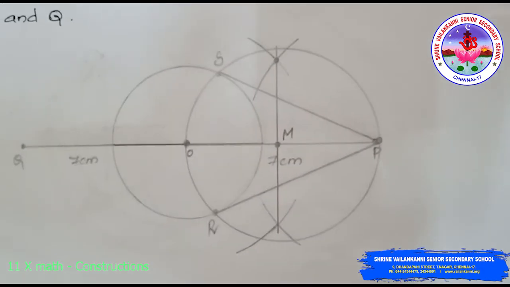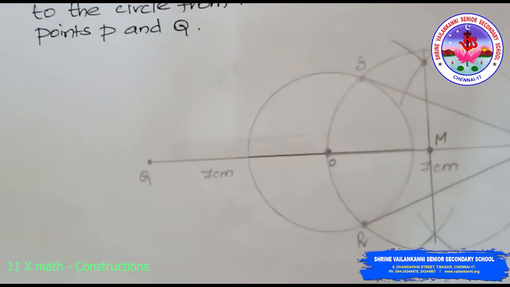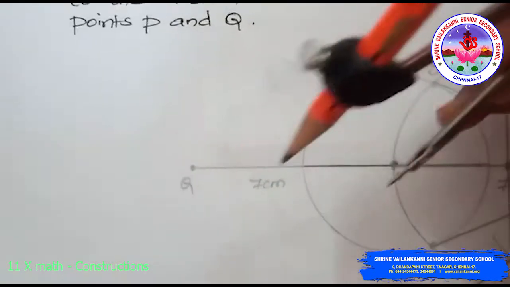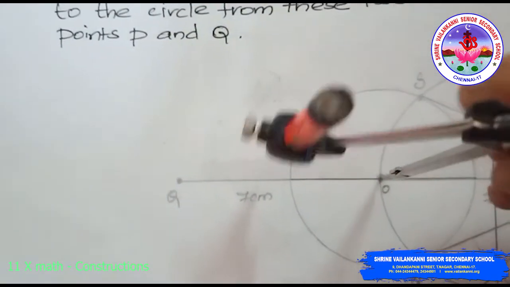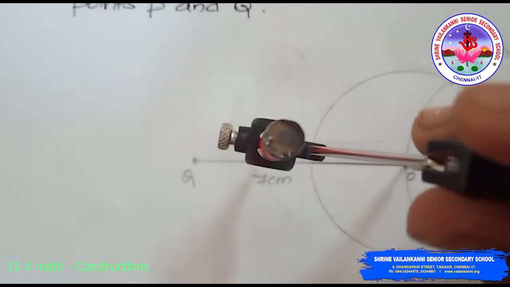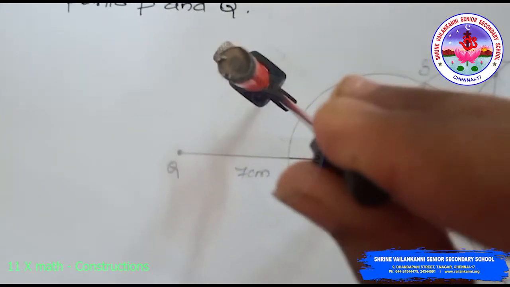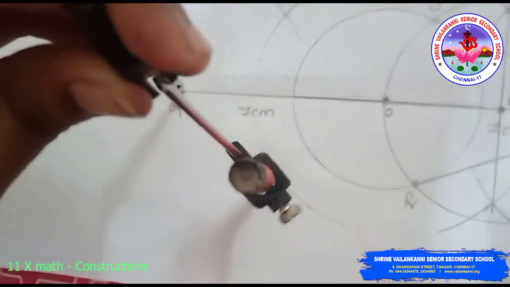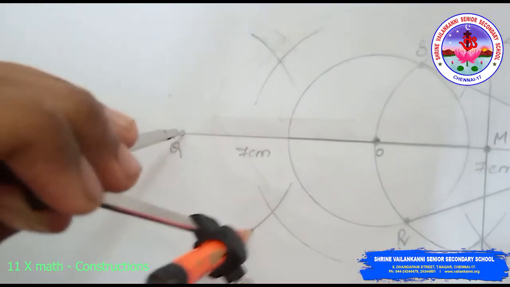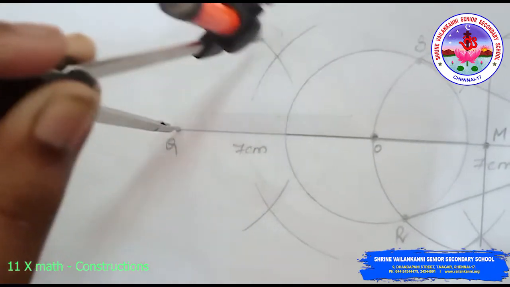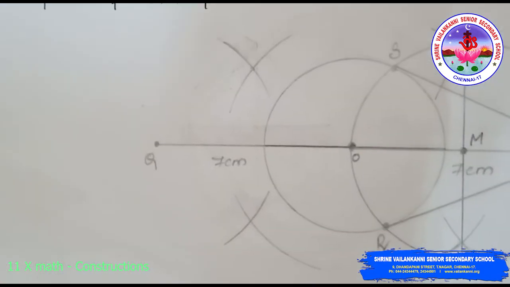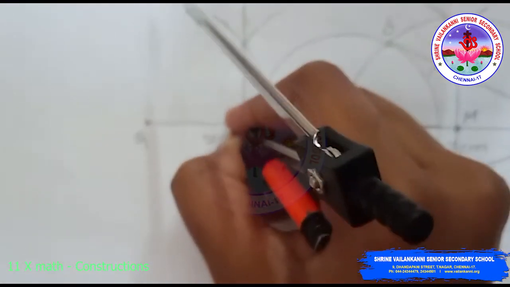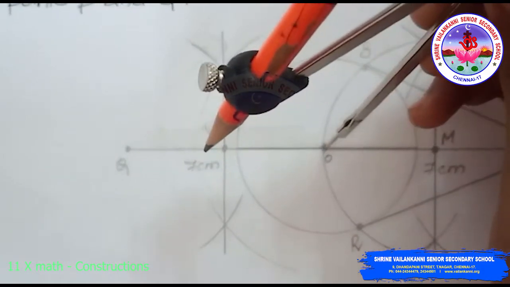Now I am going to draw the tangent for the other extended diameter OQ. So for OQ, I am going to draw the perpendicular bisector, more than half of the measure of OQ. Keep the compass needle at O, to give an arc on both sides of the line segment. Keeping my needle on Q, I am going to cut the previous arcs on both sides. Join both the arcs now. So this line intersects the OQ line at the point N. Going to measure ON.